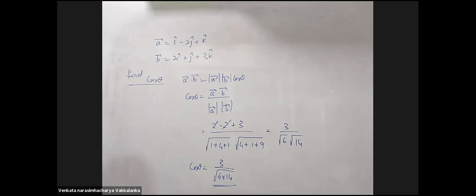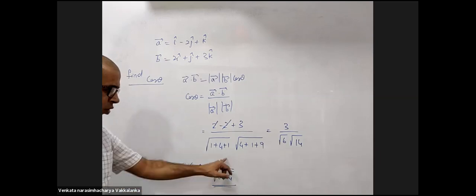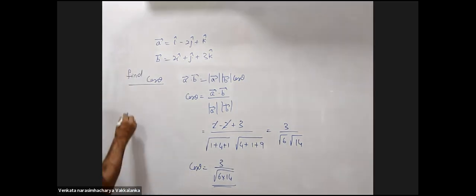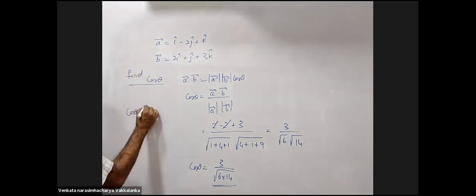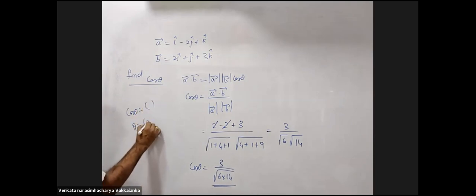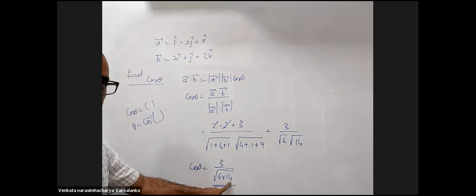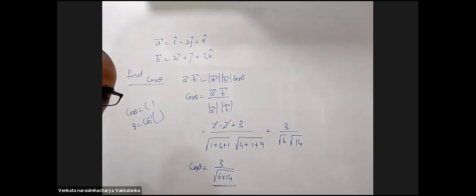So what will be theta? You'll get it from the scientific calculator or trigonometric tables. We can leave it here. The options will be given as theta is cos inverse of this. If cos theta is equal to some number, theta is cos inverse of that number. We can further simplify the root: write it as 2 into 3, 2 into 7, so root 4 can be taken out of the square root.